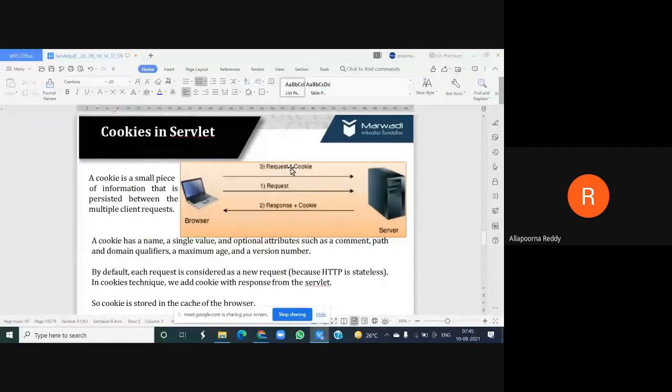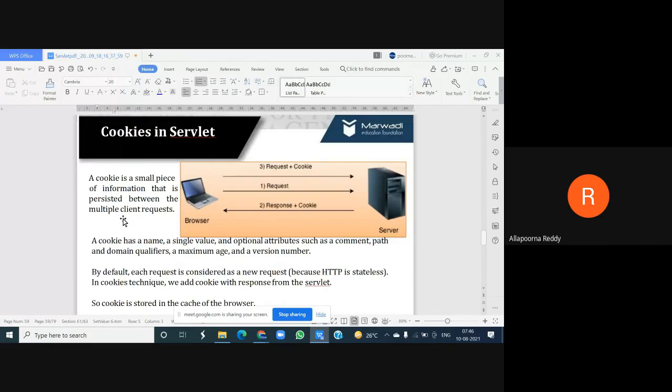Now in step 2, you are getting some information back from your server, and the same user goes for one more request, and he is going to make that request along with your cookie. What I understand now is that these cookies are stored from the client side. That is clear, because the server is giving some information to the client using your browser, so it can be stored in your browser machine only. That is what we have clarity on, right?